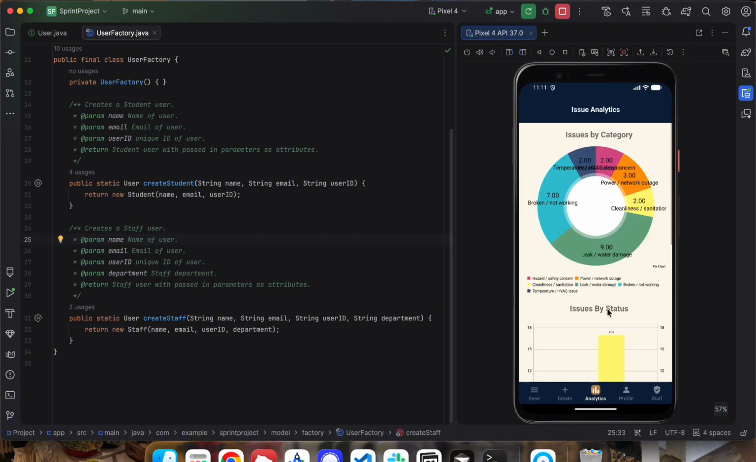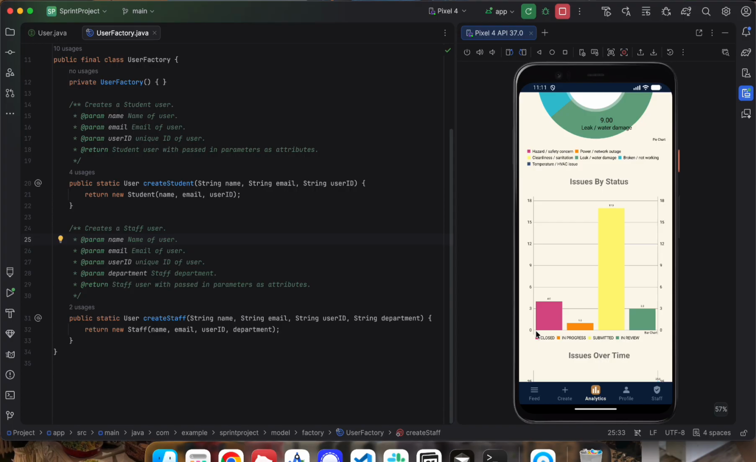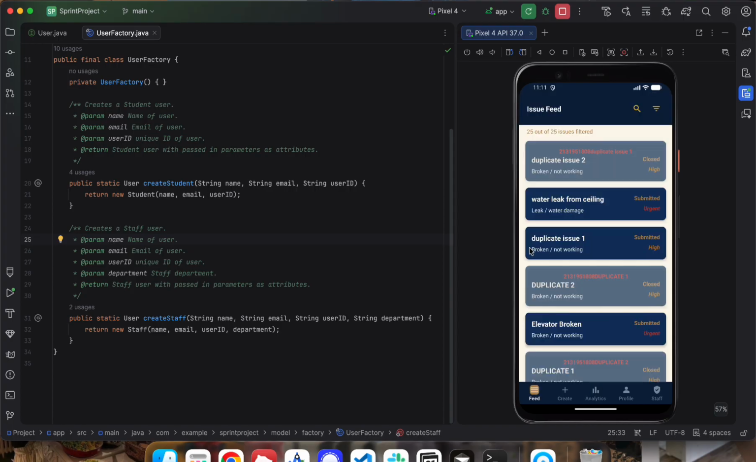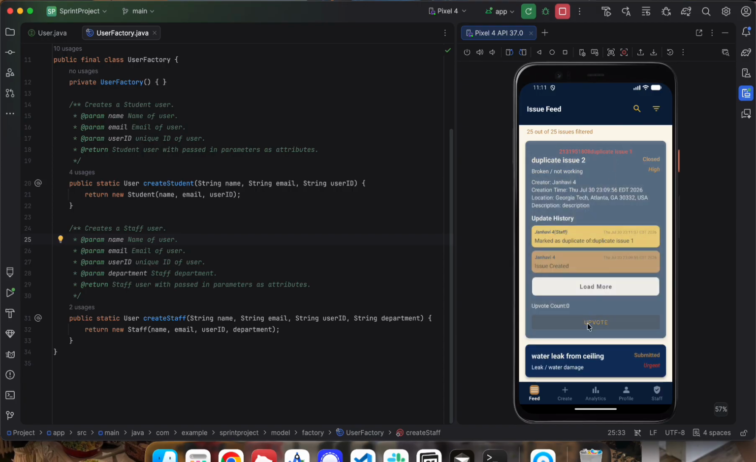So if we go back to analytics, we can see that there are now 4 closed issues. And if we go back to the feed, we can see that it's marked as a duplicate of duplicate issue 1,